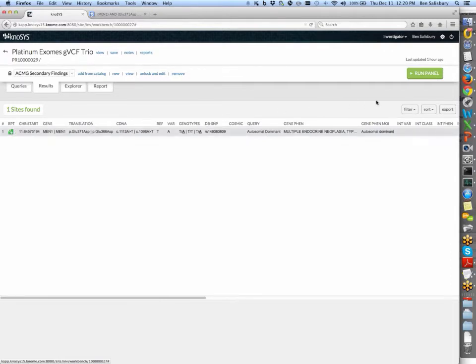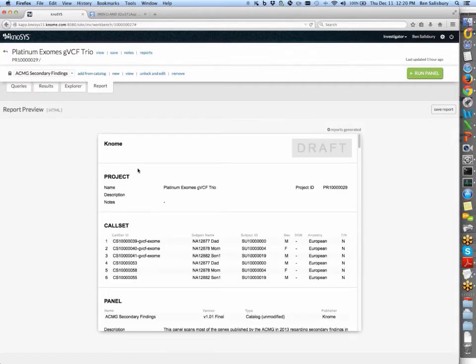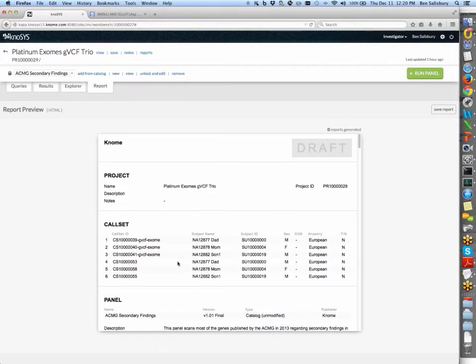There are two ways to get variants out of the system. One is to export this table in a tab-separated values file format, something suitable for opening up in Excel. There's a lot of delimiting in there if you wanted to parse out data secondarily. Another way to get data out is to use our new reporting feature. This takes all of those variants that were marked for reporting and summarizes them. This is effectively the same information we just reviewed, including records of everything that was done.